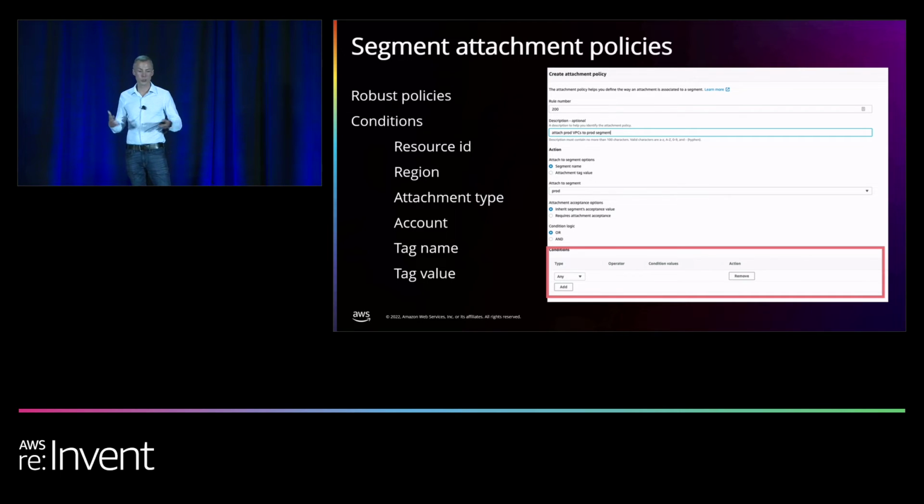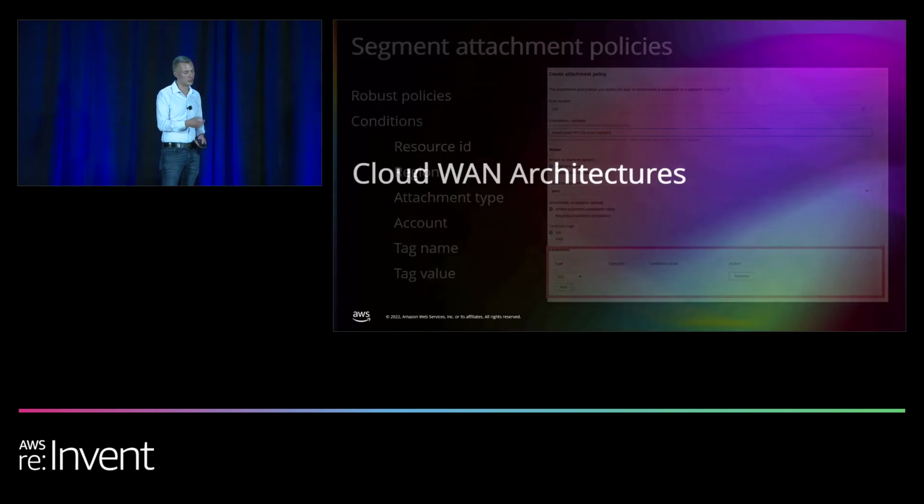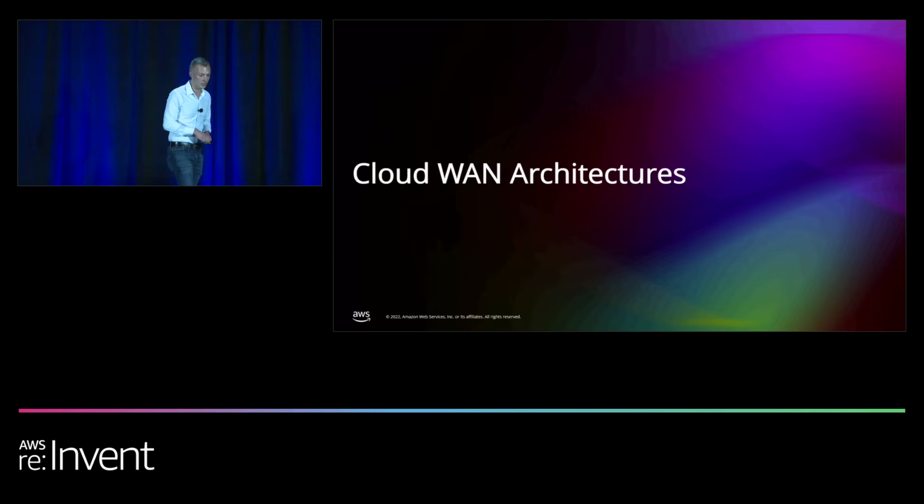So you can build some pretty novel and complicated workflows here to ensure that segments are mapped in the way that you want them to by policy. And if you're familiar with Transit Gateway, trying to define this and do this all in route tables can be quite cumbersome. So now we've talked about segmentation and policy. Let's talk about some architectures and how we integrate this into your global network.